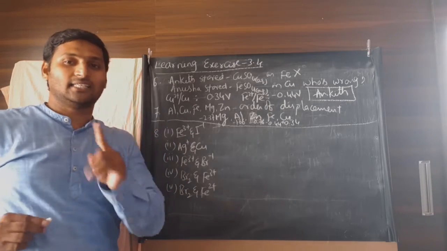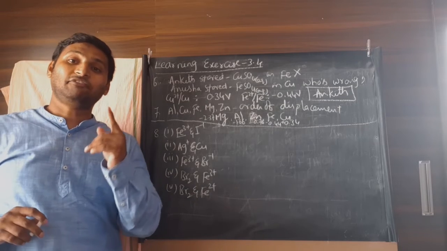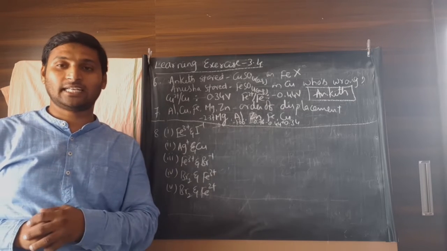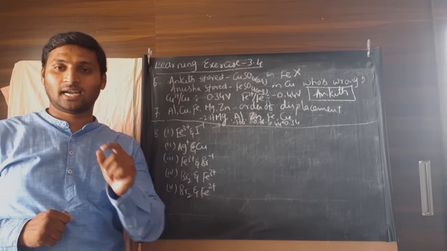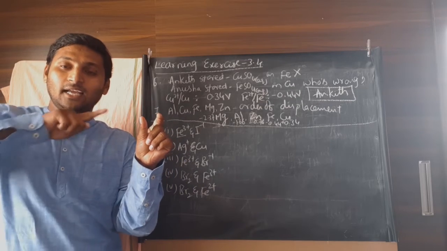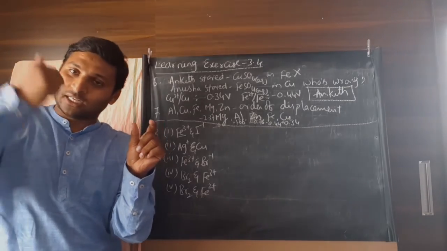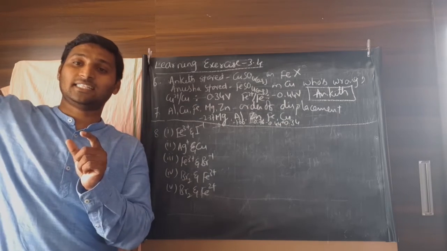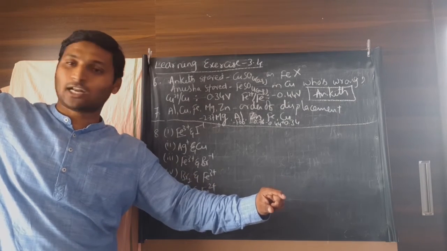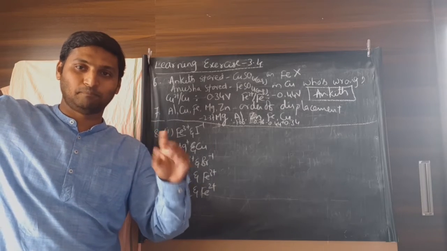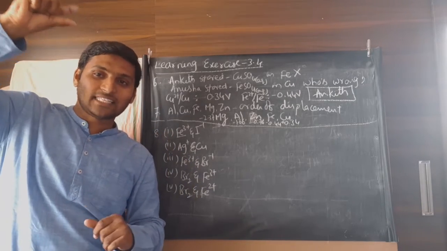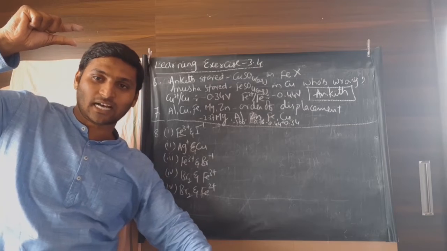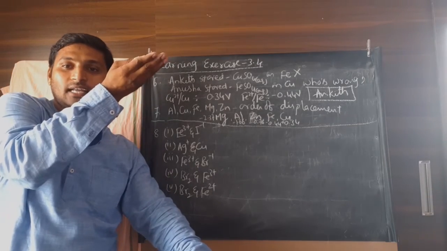Iron is already in its highest oxidation state. Tell me, if a given element is already in its highest oxidation state, the only reaction it can undergo will be? Please understand, if a given element is in the intermediate state, by increasing its oxidation number it can undergo oxidation, by decreasing its oxidation number it can undergo reduction. But if it is already in its highest or lowest possible oxidation state, it cannot undergo both oxidation and reduction. It can undergo only one. Now, if it is already in its highest oxidation state, the only reaction it can undergo is reduction. If it is already in its lowest oxidation state, the only reaction it can undergo is oxidation.